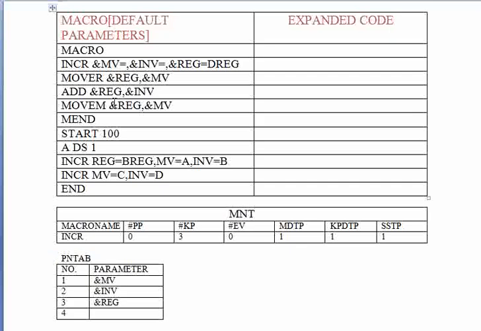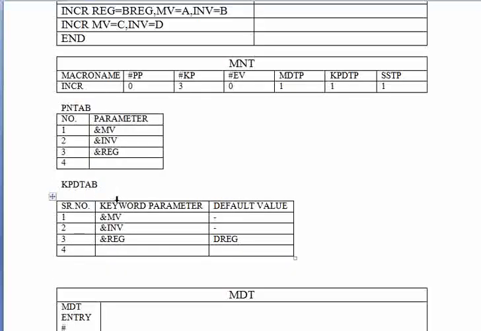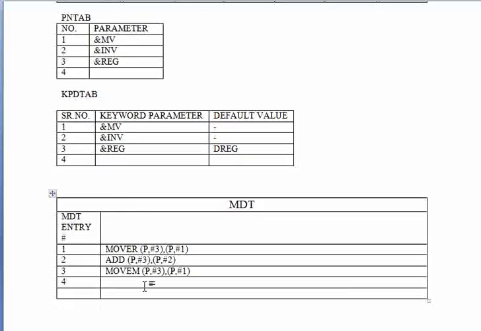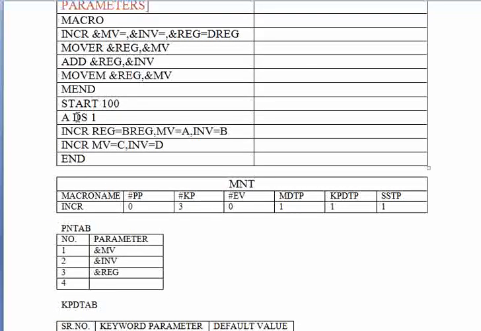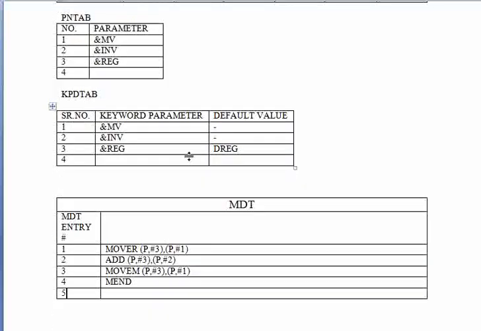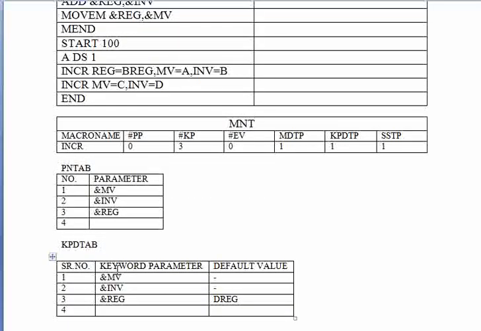What's the next line? The next line happens to be MEND, which also has to be entered into the MDT, and we increment the pointer by 1, and then we stop. So the body of the macro is entered into this MDT.